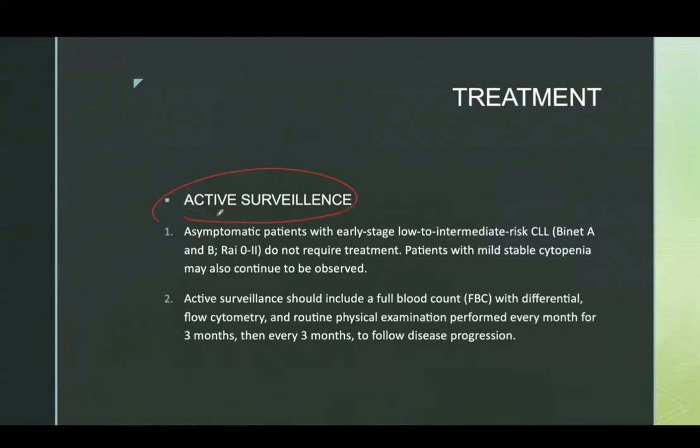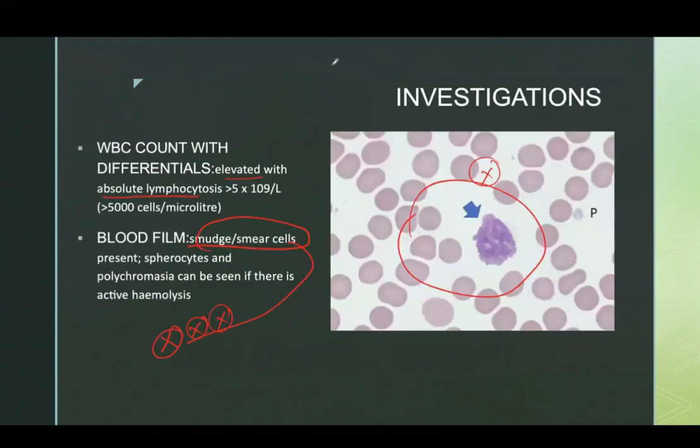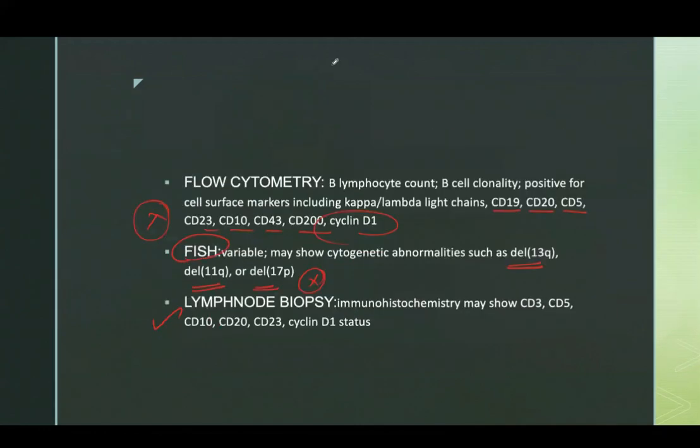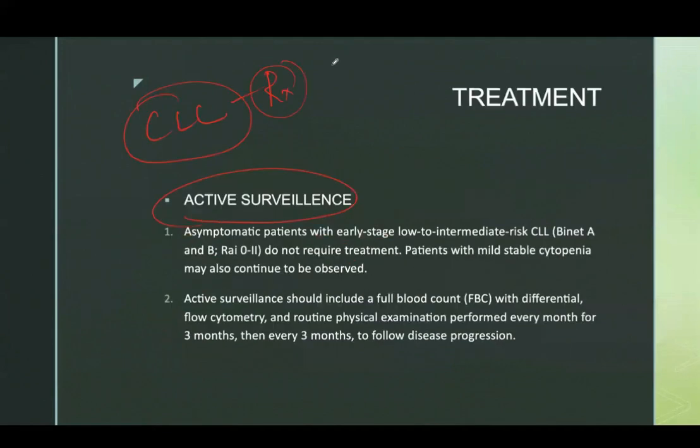Active surveillance, first thing. And remember, in any diagnosis of CLL, they will ask about the management. This disaster happened in the recent part 1 examination. The question is very clear: it's CLL, and the patient is asymptomatic. Only the blood finding shows it's a CLL. Maybe you see some smudge cells, and flow cytometry shows markers of CD19, CD20. They asked, what is the next step in the